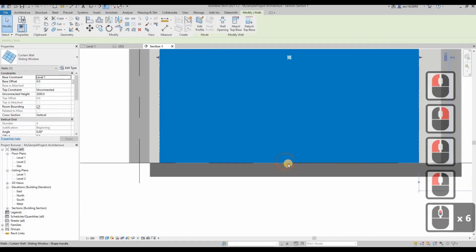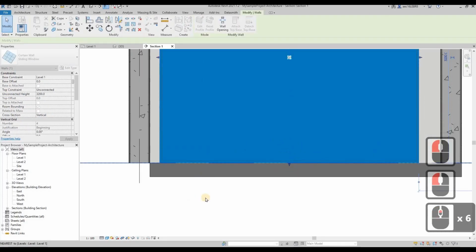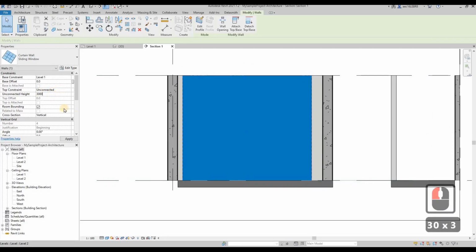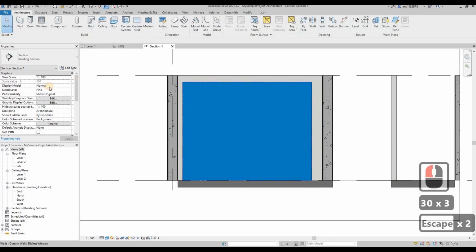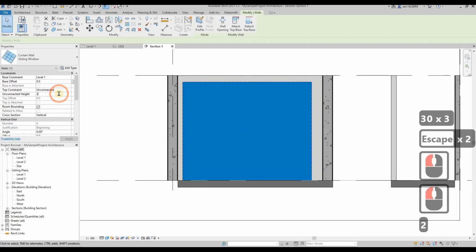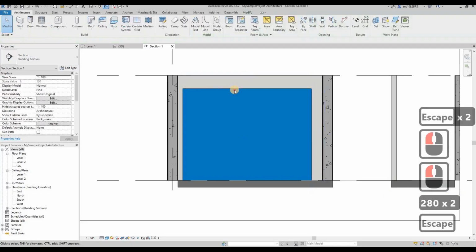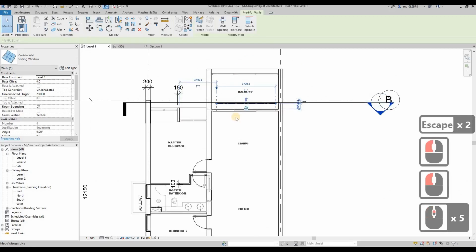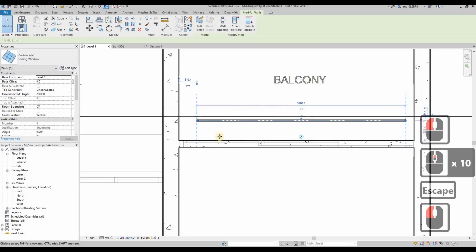I adjust my curtain wall size. Okay, this will be fine. Then from top, I just want 3000 or 2800 curtain wall height. Okay, then from the level 1 here again, then this one is supposed to be placed